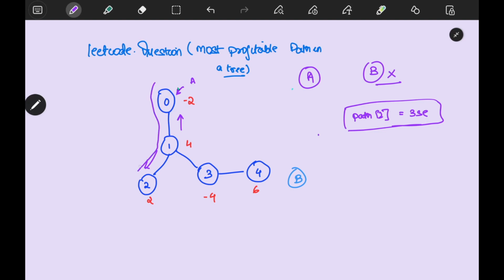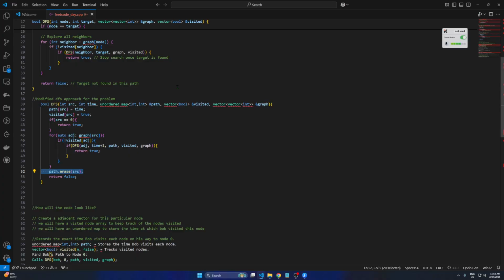Okay, let's say Alice was going down this path. She will check the unordered map to see if Bob had visited this node or not. Now she will say that, oh, Bob has visited too, which is incorrect. So that's why you have to erase that. This is something like you might write the whole code, but the small thing will actually